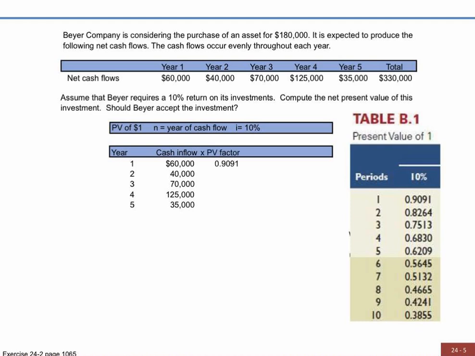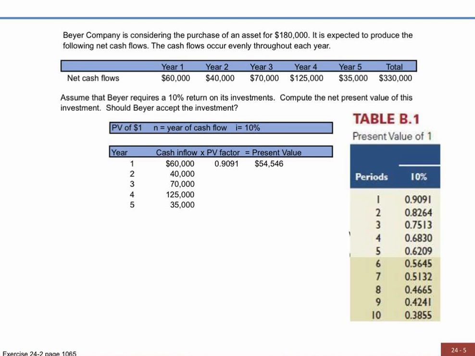So we're going to multiply that times our 60,000. So 60,000 a year from now to us is worth 54,546 today. So if we only had that 1 year cash flow, we would be willing to pay 54,546 for a cash outflow just for that year 1. If it cost 54,547, that would be $1 too much, and we would not be interested in doing the asset